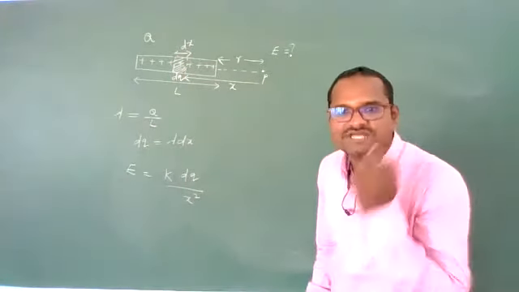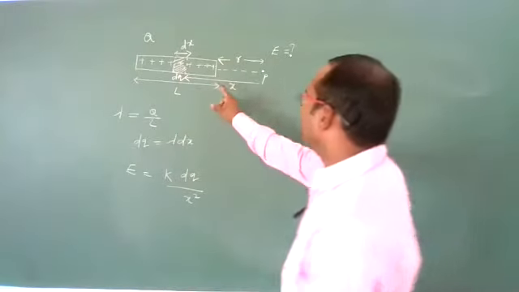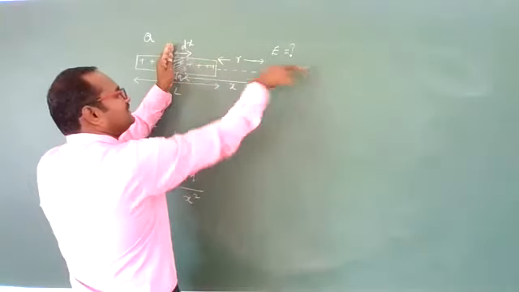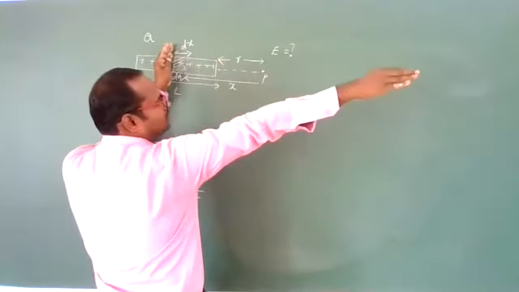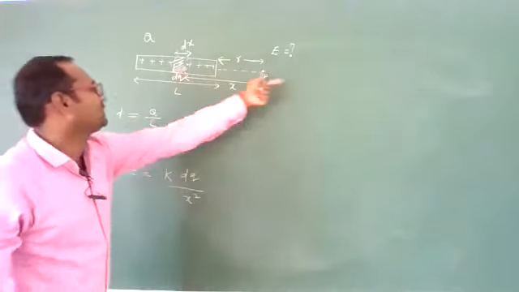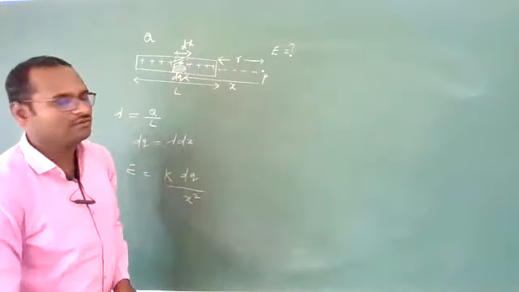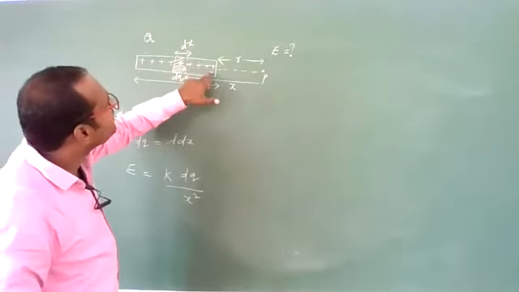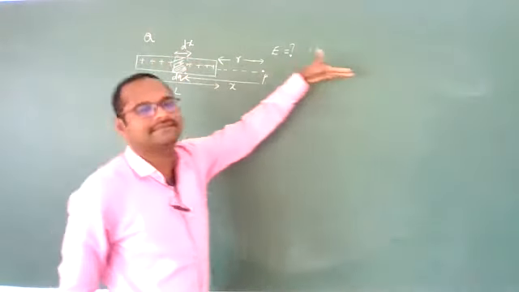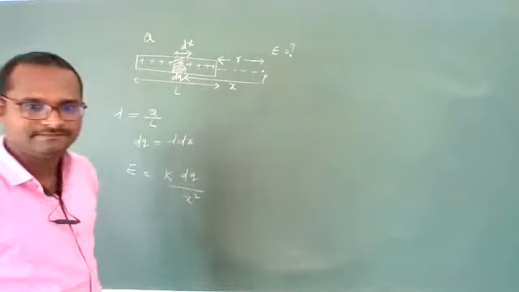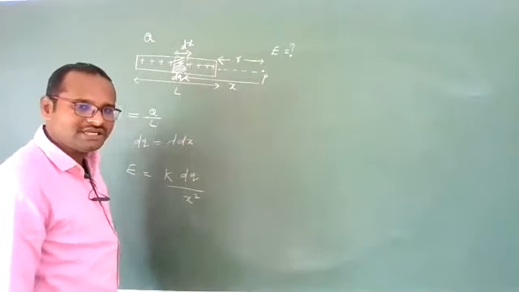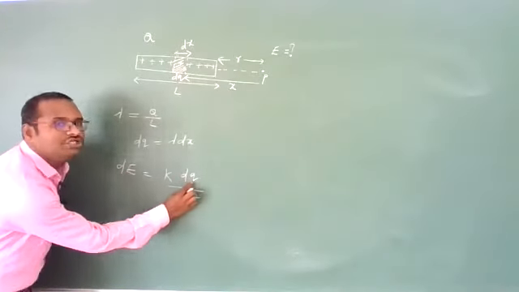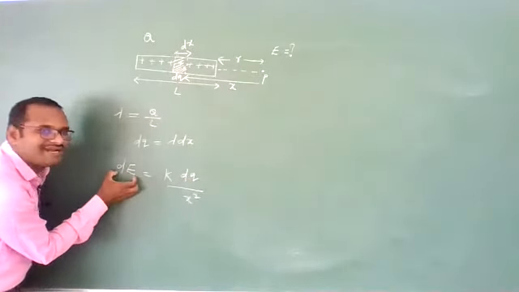And what will be the direction of this electric field? It always points outward, that is, in the direction from the positive charge to that point. All the elementary lengths will produce electric field in the same direction, so simply we can add them. Are you getting, students? This is the electric field due to a small elementary charge dq, so that electric field will be called dE.